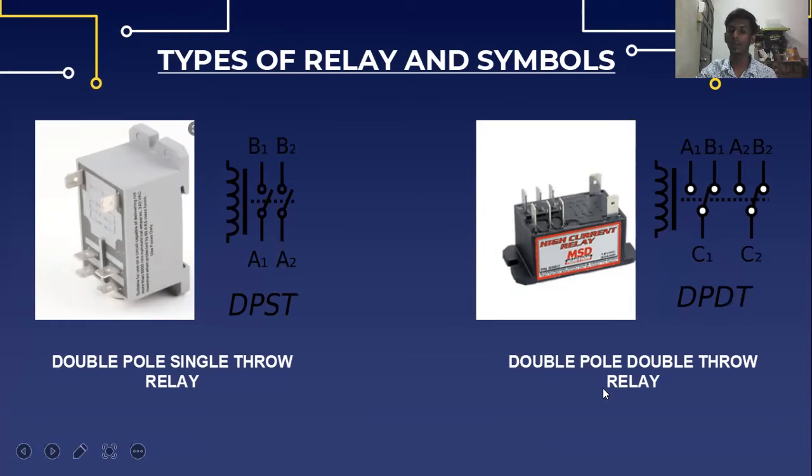Next, we'll be seeing the double pole double throw relay. Here is how it looks in real life, and here is the symbol for it. Double pole double throw relays have 2 sets of contacts. These are equivalent to 2 single pole double throw switches or relays actuated by a single coil. Such a relay has 8 terminals, including the coil. Thank you. Next will be explained by my friend Muhammad Alif.